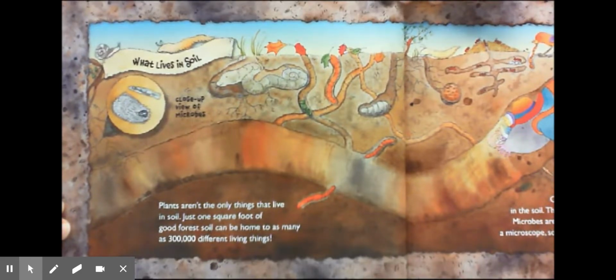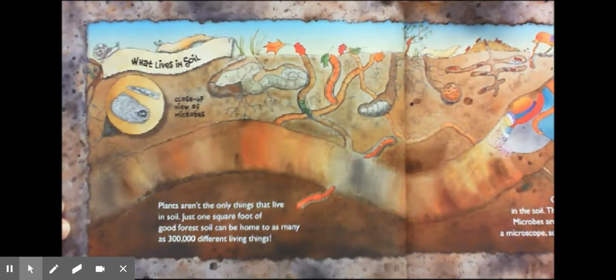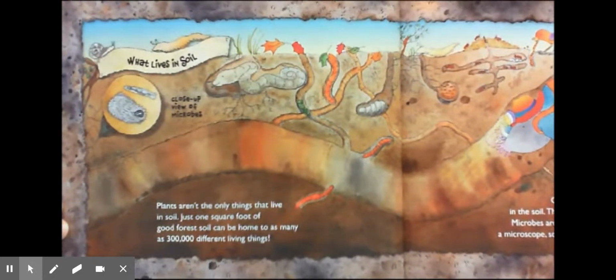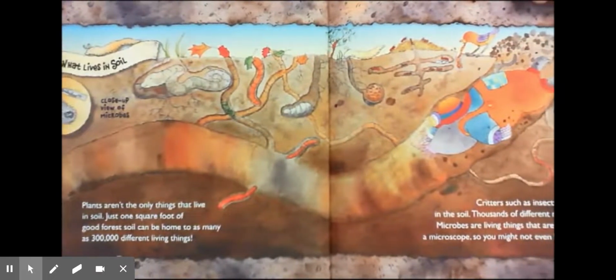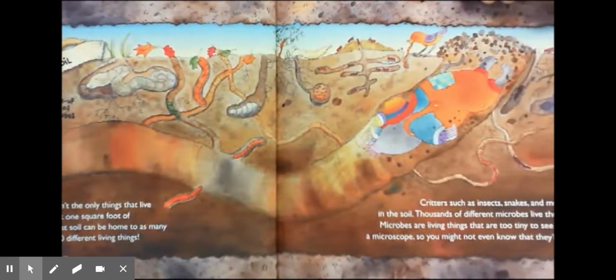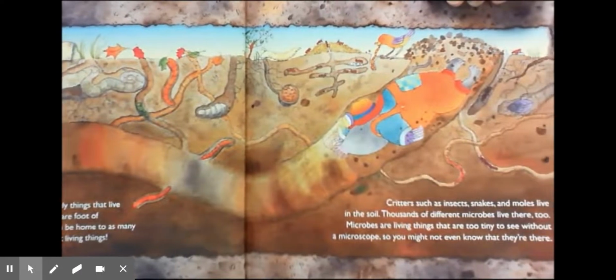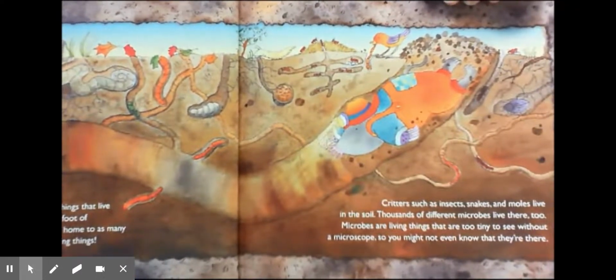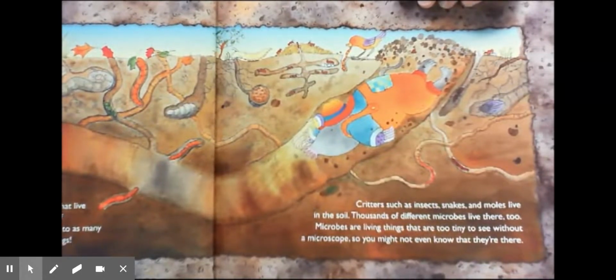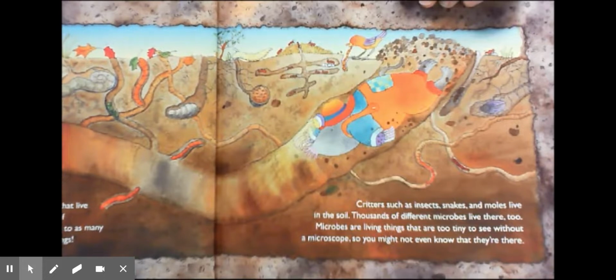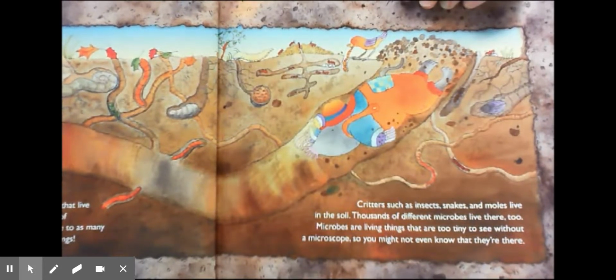Just 1 square foot of good forest soil can be home to as many as 300,000 different living things. Critters such as insects, snakes, and moles live in the soil. Thousands of different microbes live there too. Microbes are living things that are too tiny to see without a microscope, so you might not even know that